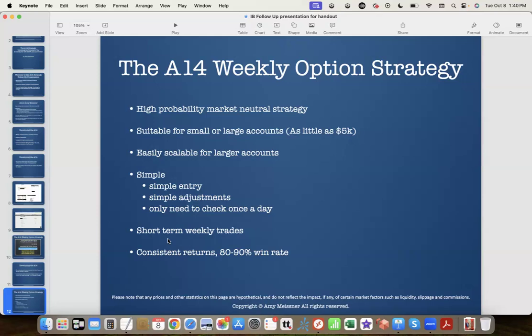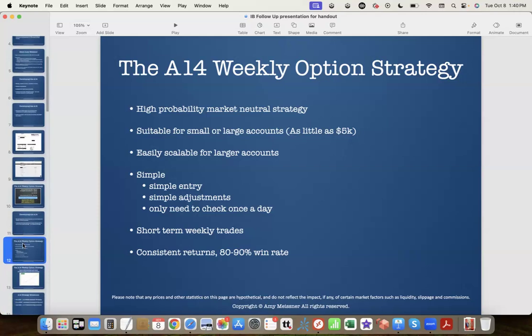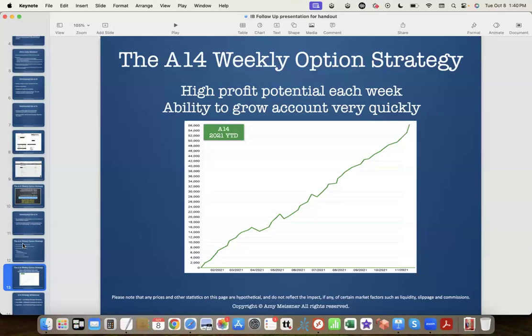And it was giving me the consistent returns that I like with all the strategies that I develop, an 80 to 90% win rate, without having huge losses that are going to hurt the account. And as you can see here, after that study that I did, here's 2021, again, able to grow the account much quicker using the weekly trades than a monthly strategy. And you can see with this chart,